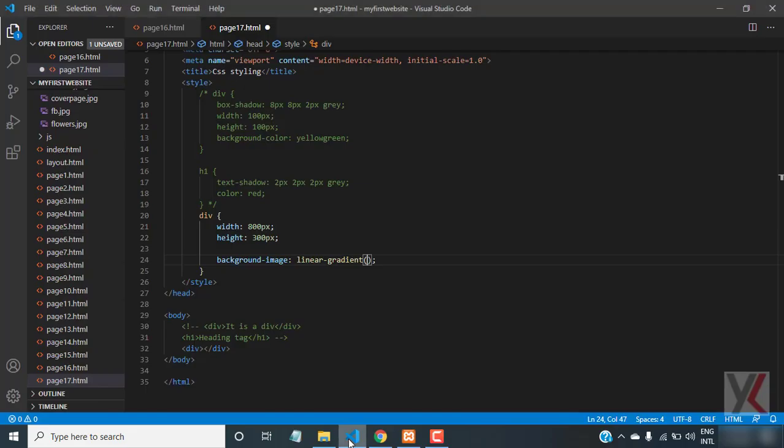Okay, for that we have to use a repeating linear gradient property. You have to use this repeating linear gradient property. Suppose we give a red color, then green, then yellow. Suppose we are giving these three colors. Okay, suppose let's save it, and we'll refresh it. You can see it is not repeating itself because